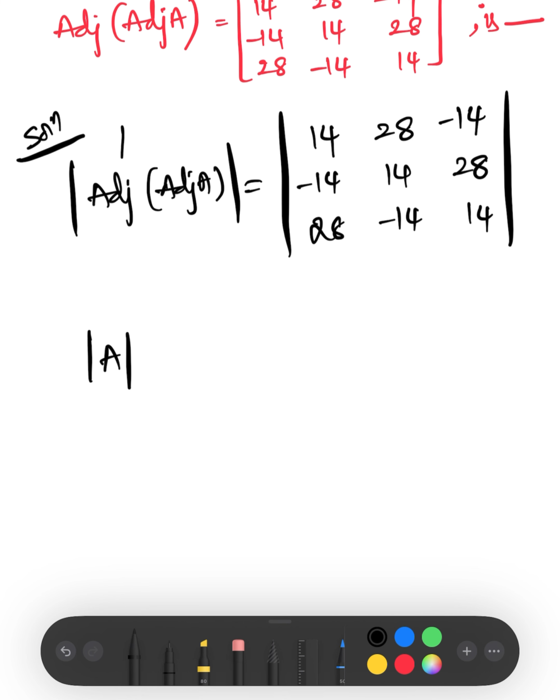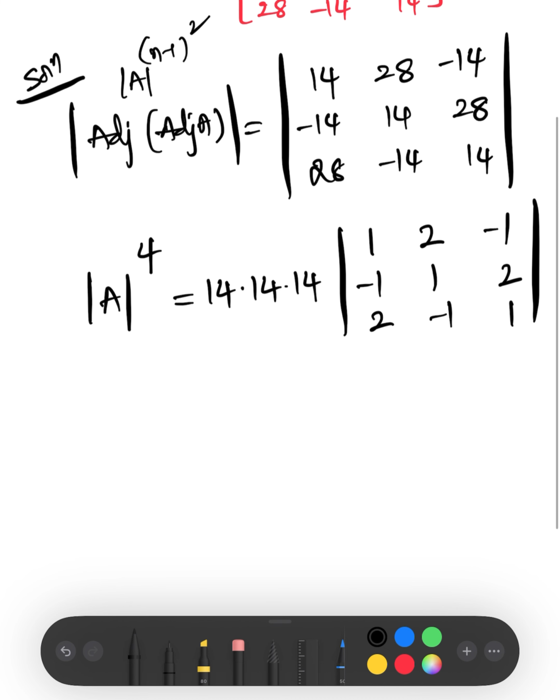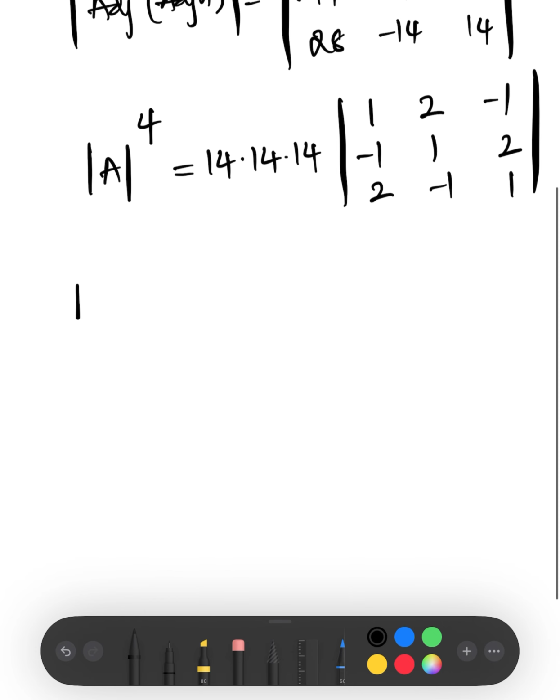So clearly here I can write det A whole power (n minus 1) whole square. 3 minus 1 is 2, and 2 square is nothing but 4. From the first row I can take 14 common, from the second row also I can take 14 common, and the third row also I can take 14 common. Now what is the final value? 1 2 minus 1, minus 1 1 2, 2 minus 1 1. So this is what det A whole power 14 equals to, that is 14 cube into